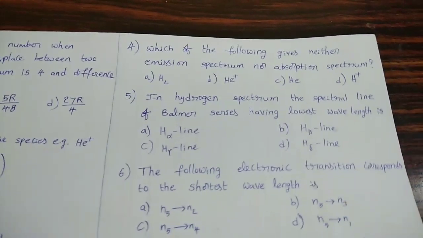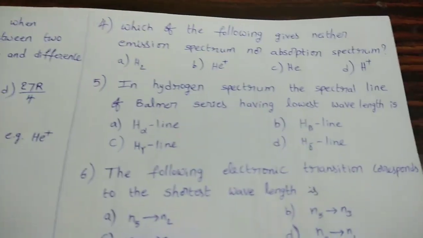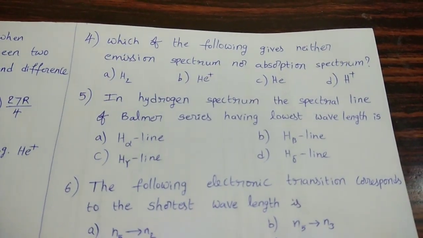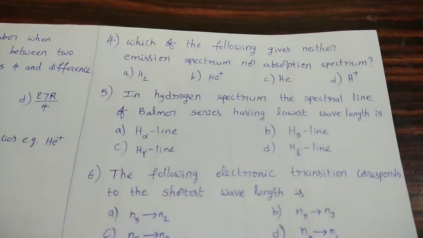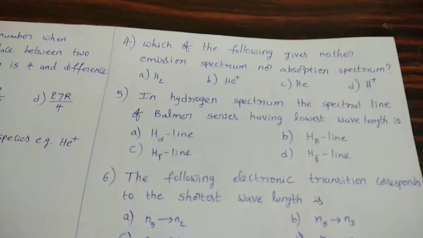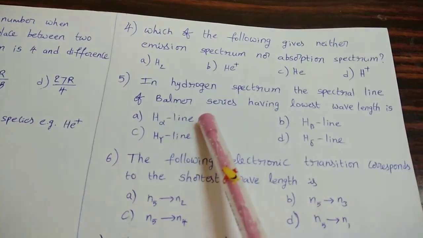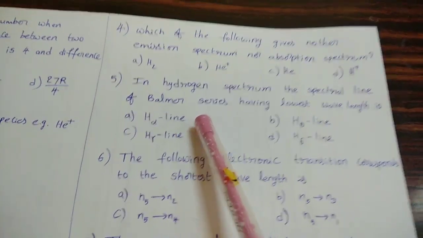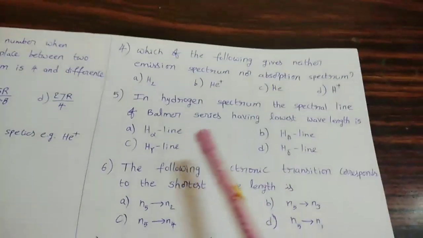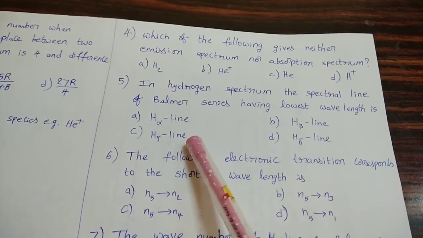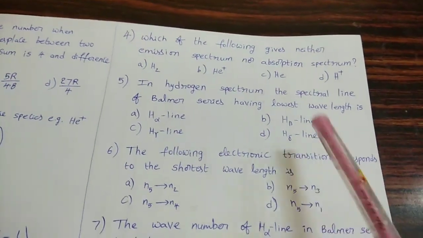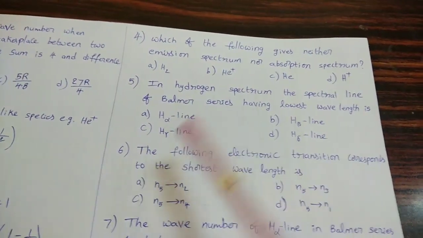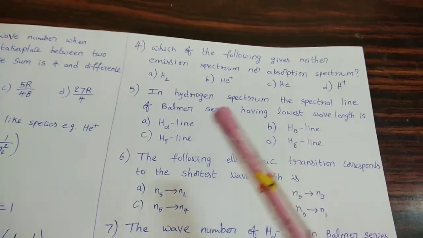Electron transition takes place from any higher energy level to the second orbit. Then we can get spectral lines in the Balmer series. So n1 value is 2. Here, H alpha means n2 is 3, H beta 4, H gamma 5, H delta n2 value 6. But the n1 value for all these spectral lines is the same, that is 2.